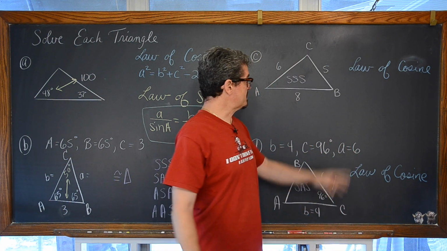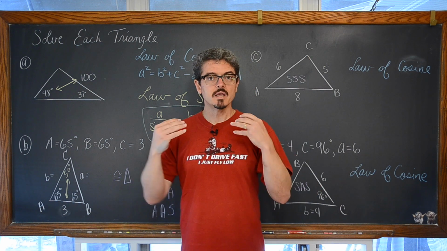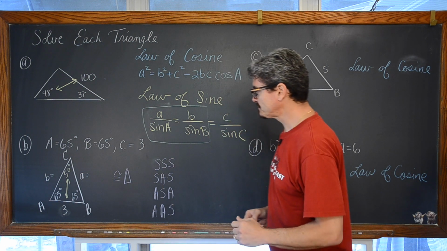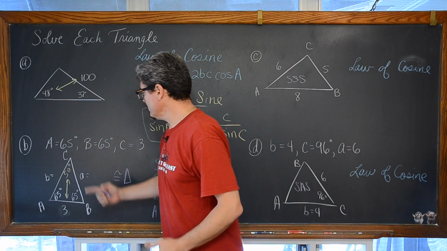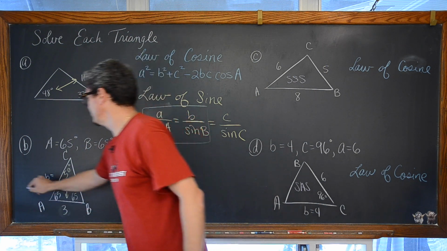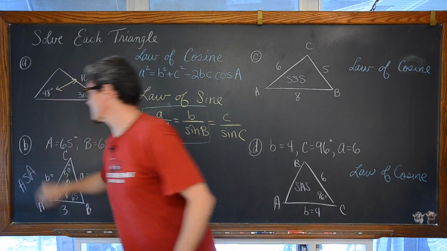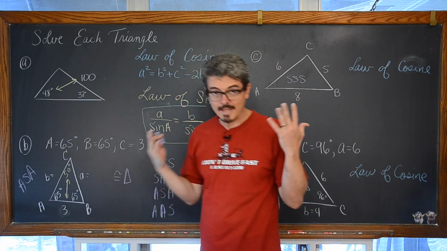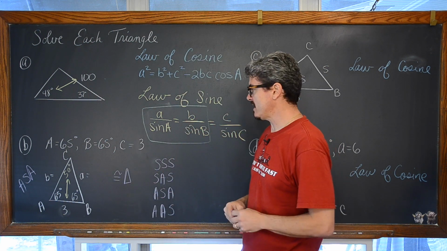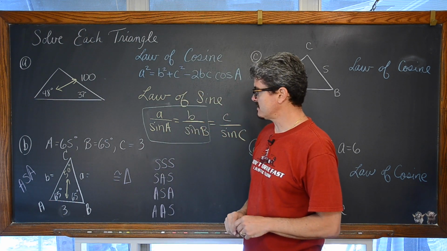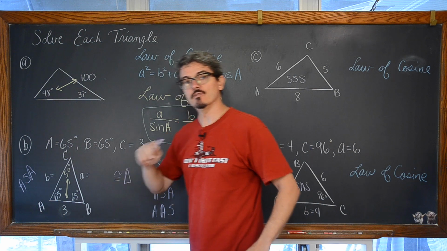And it also means that because these are congruency theorems, given information like this means that you can only construct one triangle. Over here, before I highlighted the stuff in yellow, we had angle, side, angle. That was a congruency theorem in geometry, which means there's an answer possible, a triangle that you can construct with these three pieces. It also means that you're going to be using the law of sine.